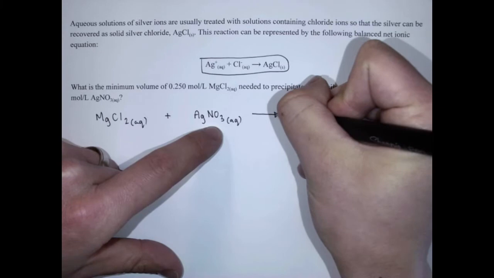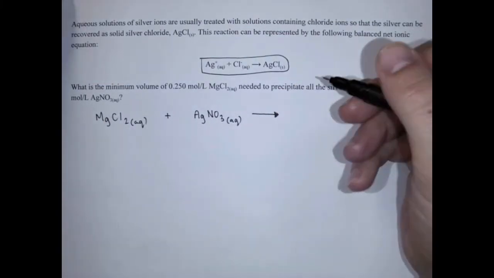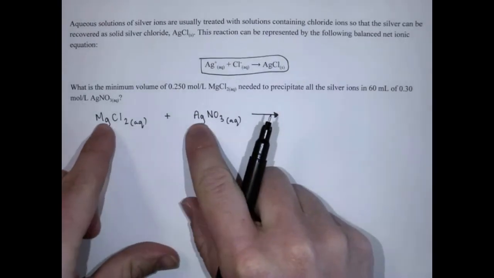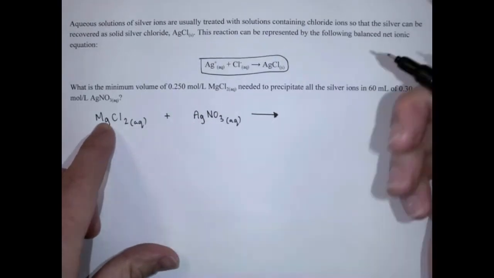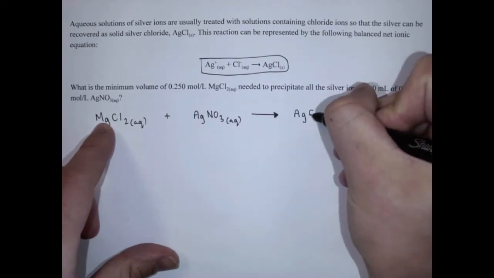We mix them together and we get a precipitate. And in this case, what's our precipitate going to be? If you're not sure, maybe pause the video, think about it a little bit more, consult your notes. This is a double displacement reaction, so that means the metals are going to switch places. So we're going to form the precipitate, which is silver chloride,